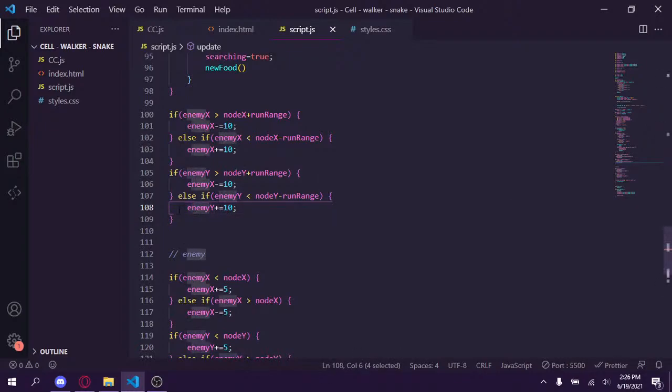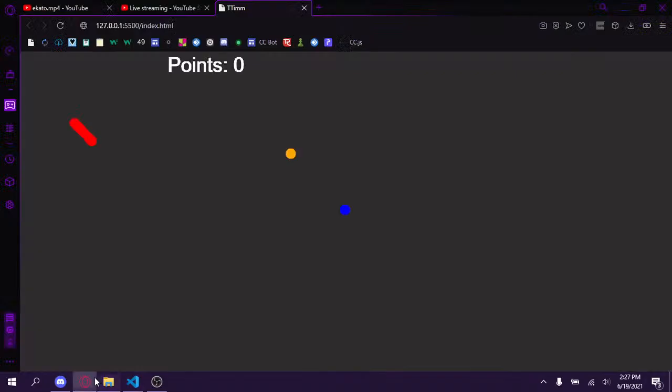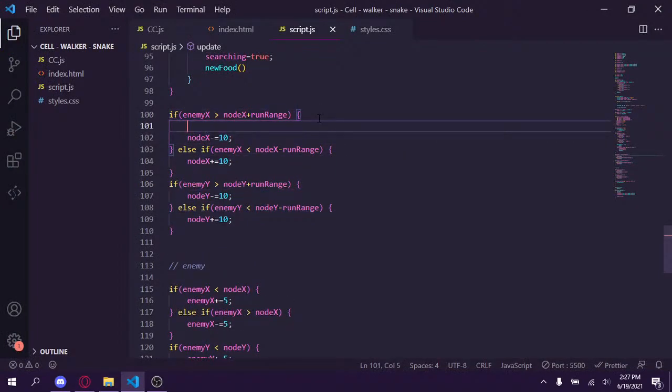So, yeah, this needs to be node X, node X, node X, and that needs to be node Y. There we go. So now he runs. Wait, no, this is the exact problem that we experienced before, as you can see, is that he tries to go up and then he just flies around. So how I can do that is